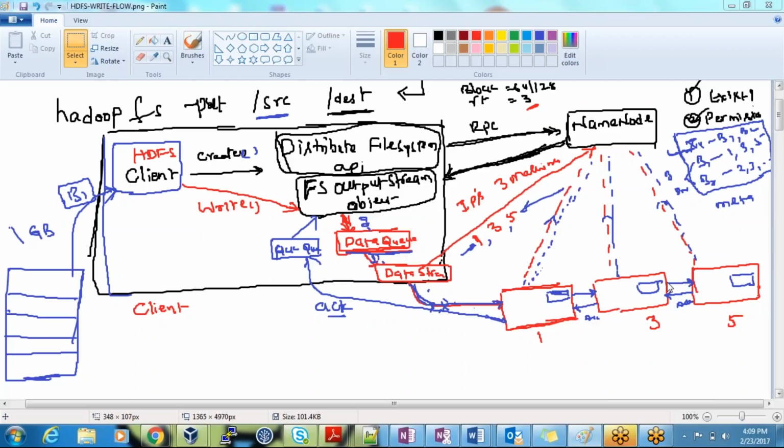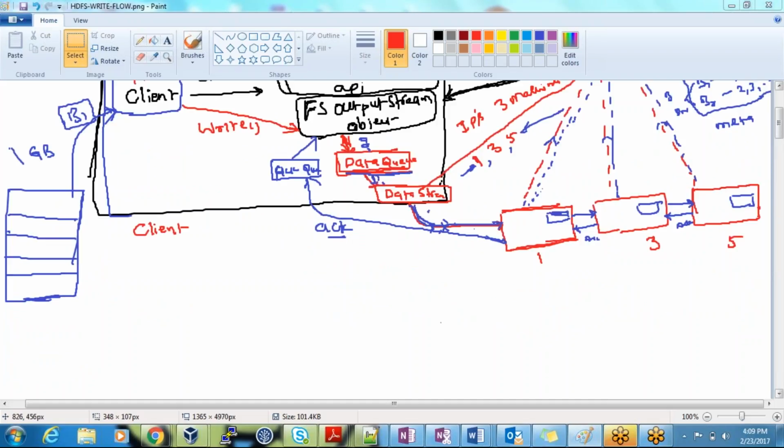So as part of this video, we are going to see what will happen if any of the data node goes down while writing the data into HDFS. In the previous session, we have seen how to write the data into HDFS, what will happen while you're executing the put command or copyFromLocal or moveFromLocal, and what happens internally. Now, as part of this, we are going to see